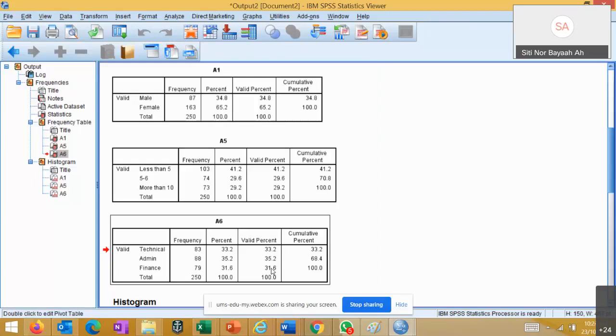So later on, it may help when you do the discussion, to explain how certain results came out as such, because it is also influenced by the type of respondents that you have. Okay, so this is under the